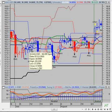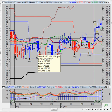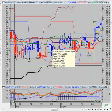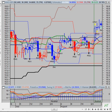Again, here on the 12th of July of 2010, we got our first pulse wave signal. The market broke out, retreated back into the pulse wave, and then we got a secondary wave signal. Market didn't do anything but consolidate here, and then we kept getting formations here in the pulse wave formations. And then what happened? The market broke out again, then came back in, and then it wasn't until over here